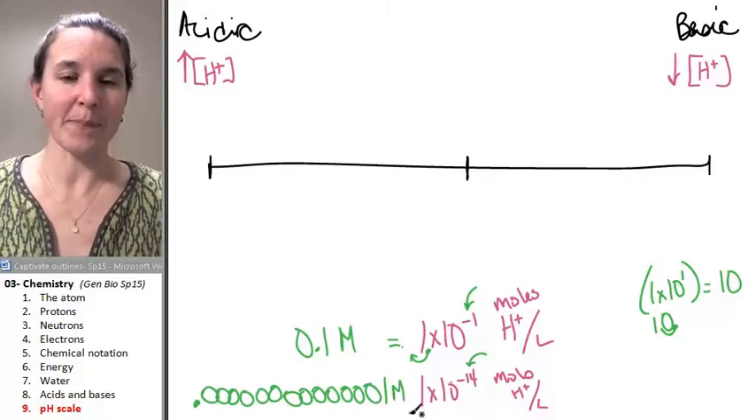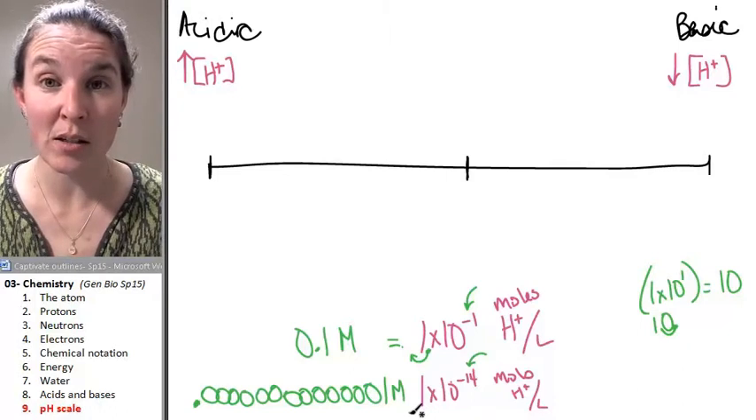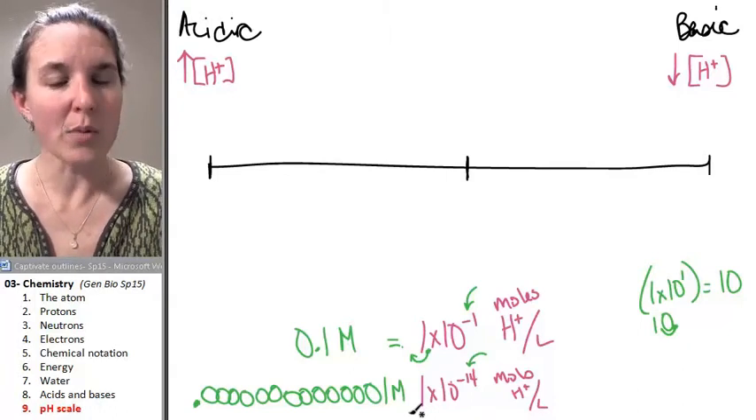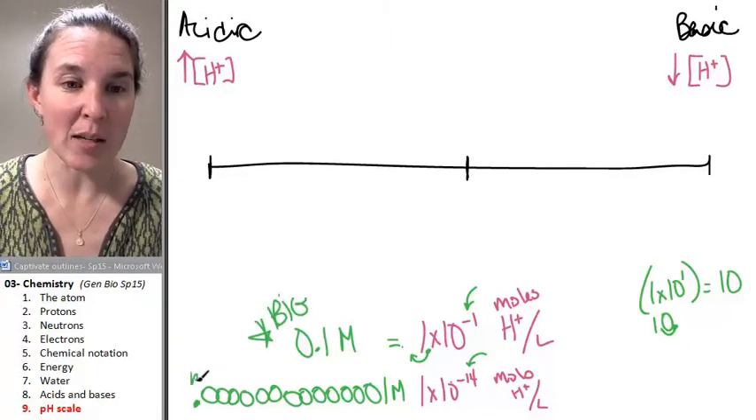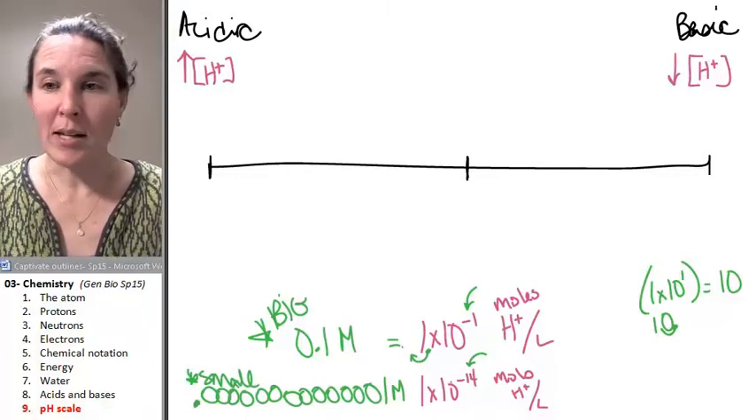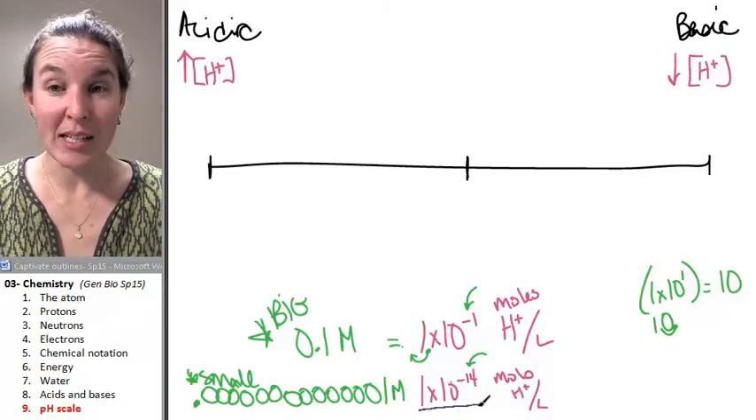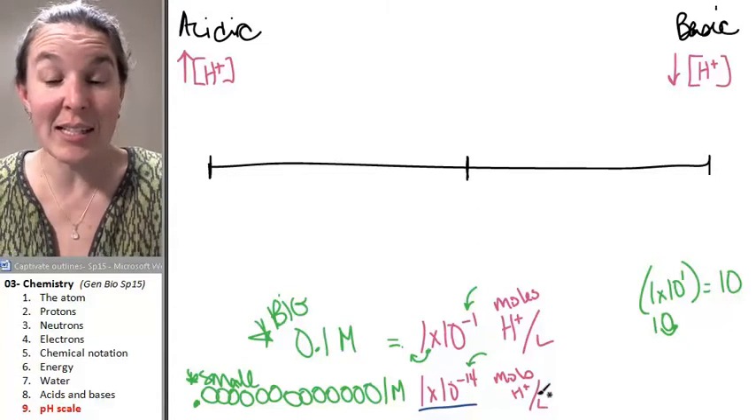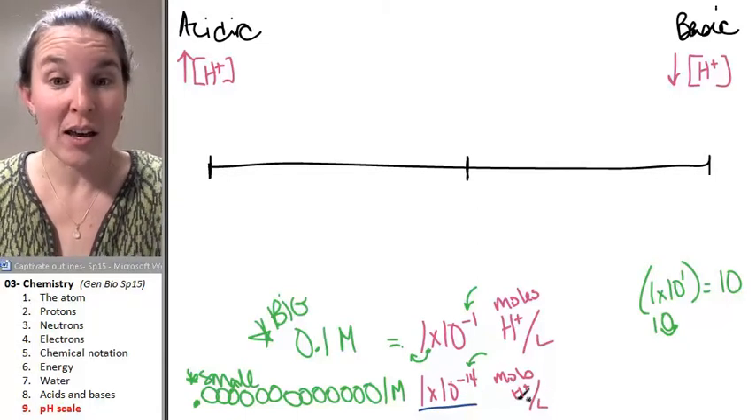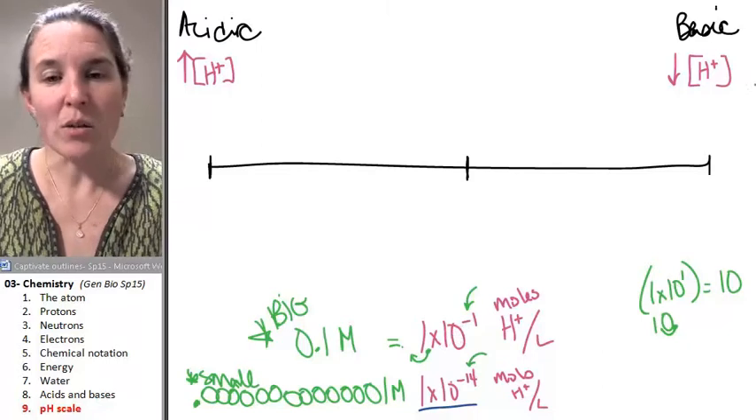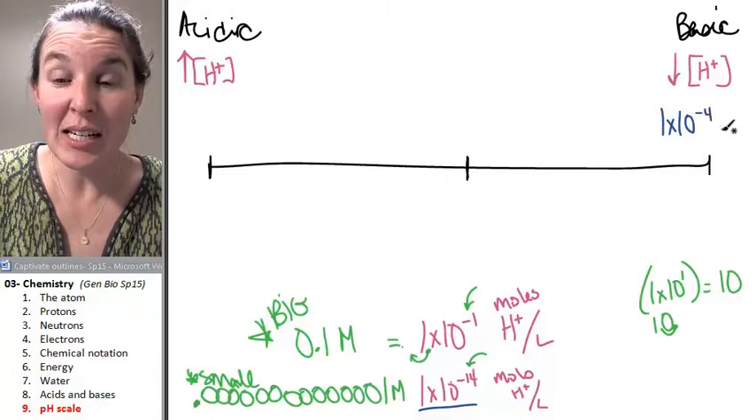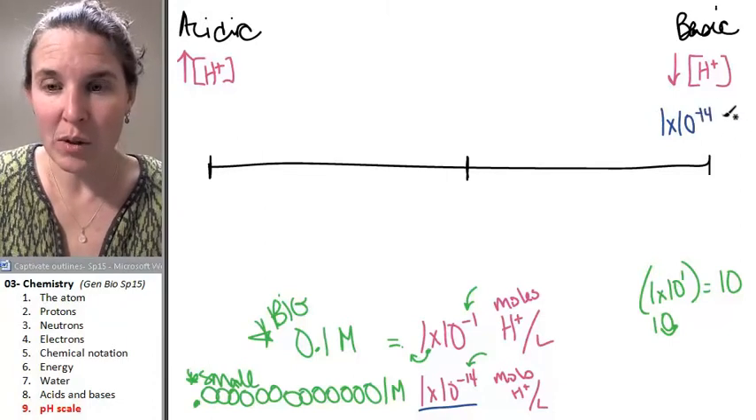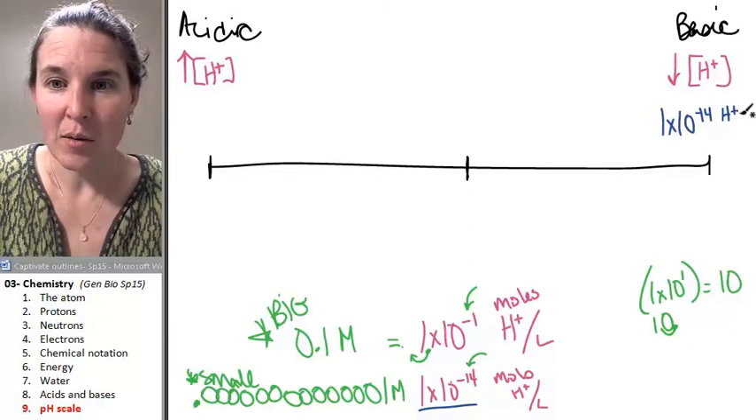Okay, ready? Which one has more hydrogen ions? Hopefully you recognize that this number is big compared to this number, which is small. Are you good? 1 times 10 to the negative 14 has fewer hydrogen ions. That's a smaller concentration of hydrogen ions than 1 times 10 to the negative 1. So let's throw 1 times 10 to the negative 14 moles of hydrogen ions per liter